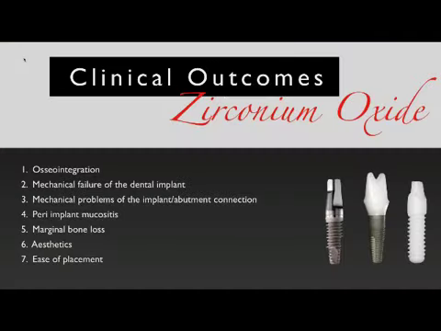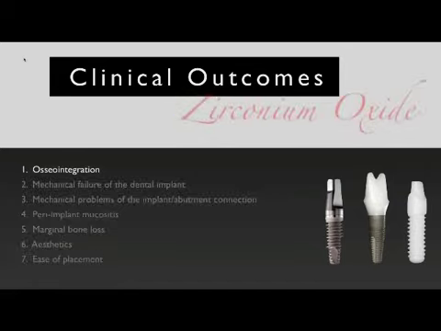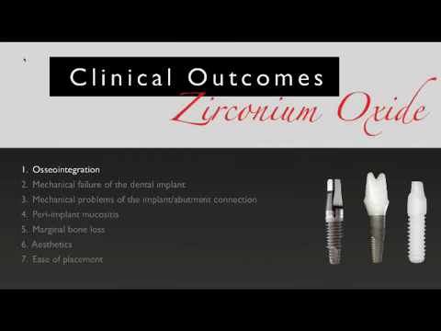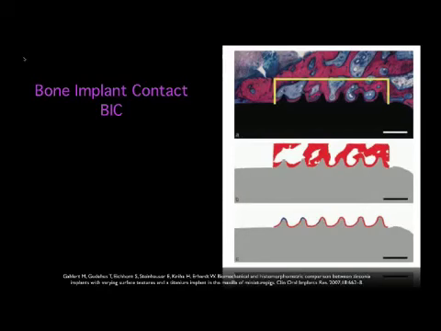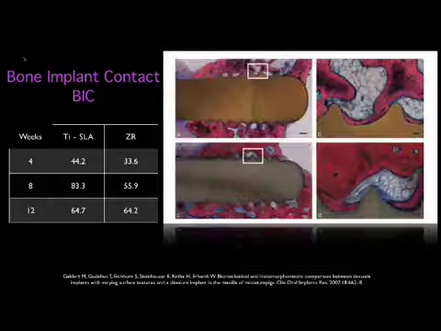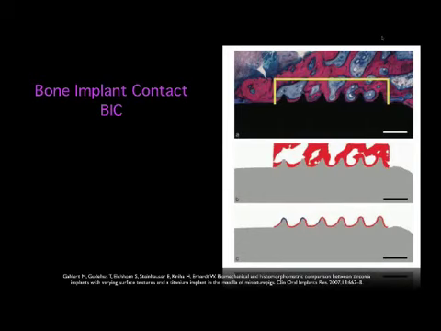So we're going to explore each of these clinical outcomes and explore how it relates to the material that we're discussing. Zirconia has been known to osseointegrate since studies that were done in the early 90s. Akagawa's group in Japan, Gallard's group in Germany, there have been studies that came out showing the same tendency for the material to integrate as titanium. With a study by Gallard in 2007, which compared SLA titanium